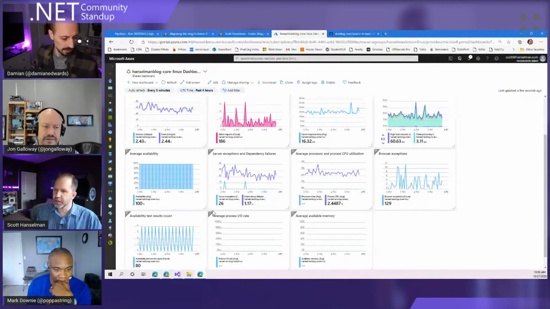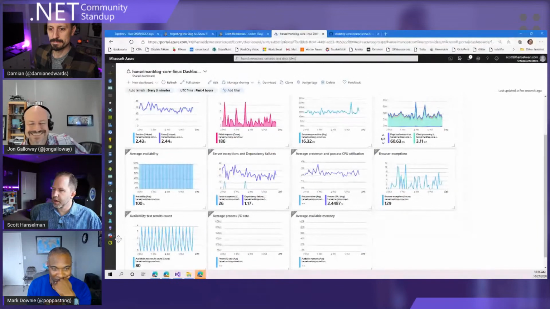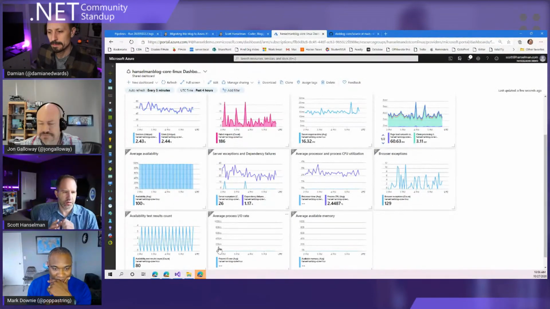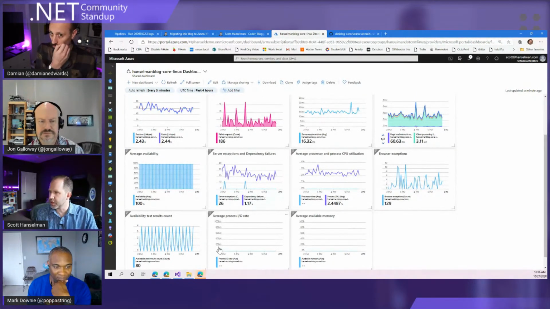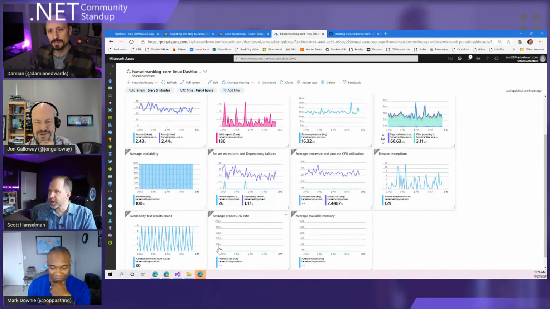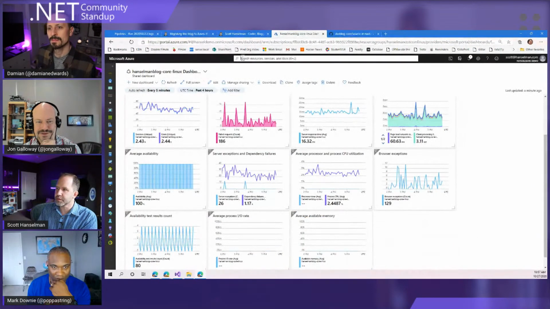Well, we can look around a little later, but it's been great. It stays up. Haven't had any issues at all. I think we might have some stuff around log files taking up some space. We make quite a bit of log files, but I'm learning about the new logging system that DasBlog Core has. But yeah, I would say in the 3 weeks that it has been up, it has worked out very, very nicely, and it sits behind an Azure Front Door.